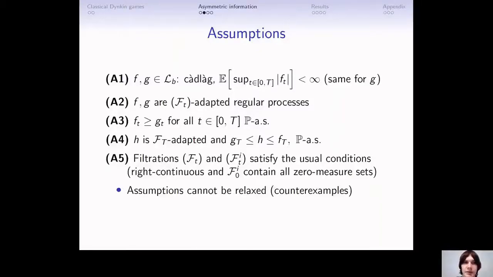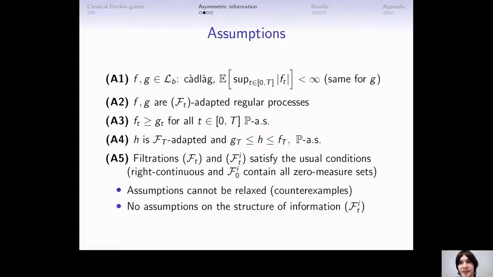Another thing I wanted to emphasize is that we do not have to impose any restrictions on the structure of the information available to players. Thanks to how general our functional analytic tools are, we don't have any Markov properties, any underlying diffusions, nothing of this sort. And as I mentioned earlier, our goal is to prove that under these assumptions, the value of the game exists. But before we can do that, and before we can even define the value in this setup,